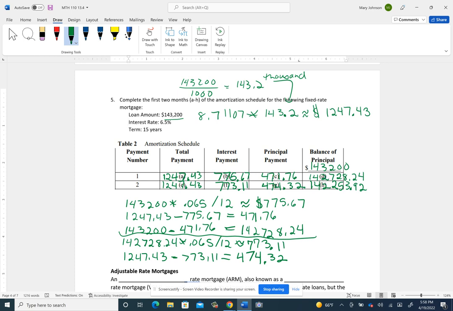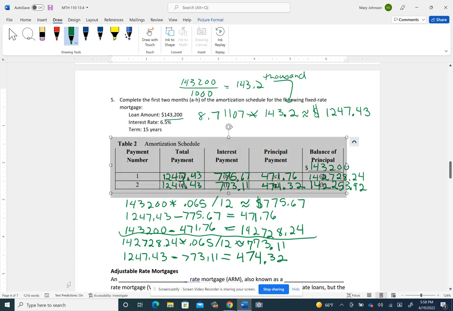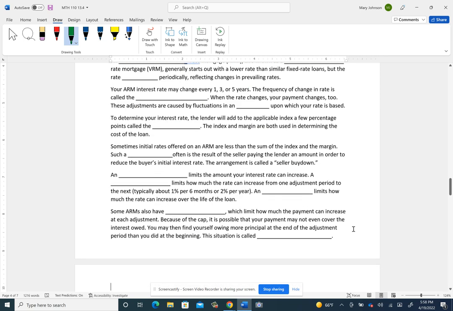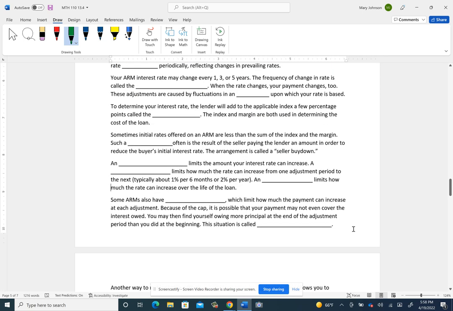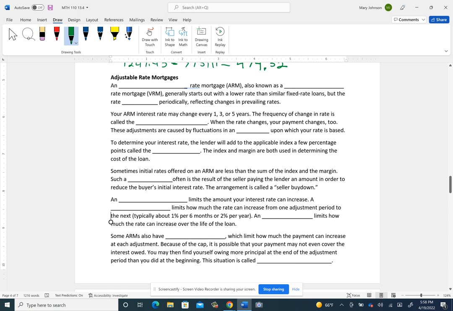All right, let's go ahead and take a look at the adjustable rate ones. So I'm going to move to the adjustable rate section. A lot of the calculations are going to be the same once you understand what adjustable rate mortgages do. Okay, so we're going to fill this in real quick. All right, so an adjustable rate mortgage, sometimes it's called an ARM. Stands for adjustable rate mortgage. It's also known sometimes as a variable rate